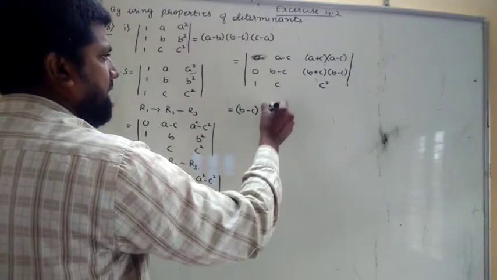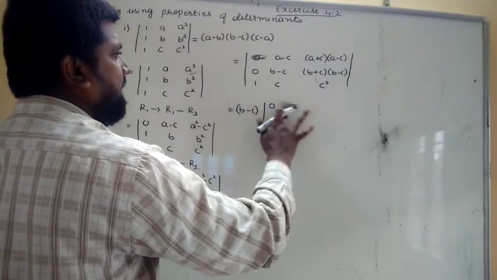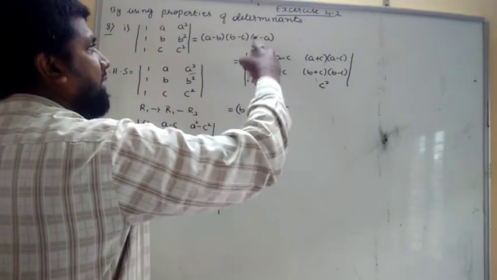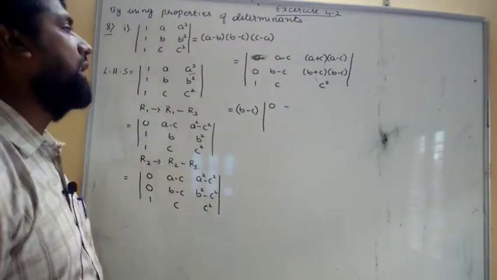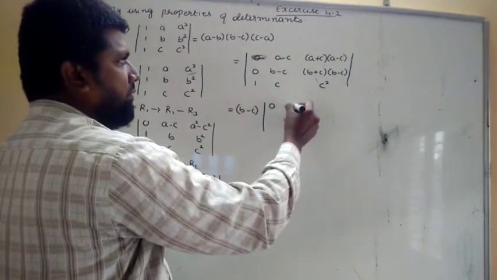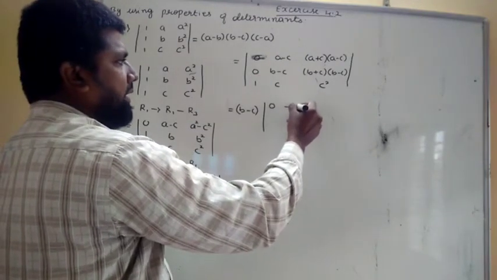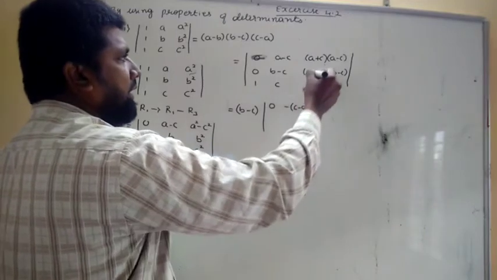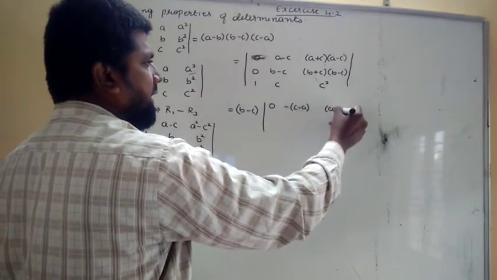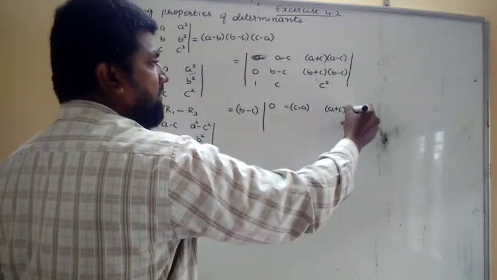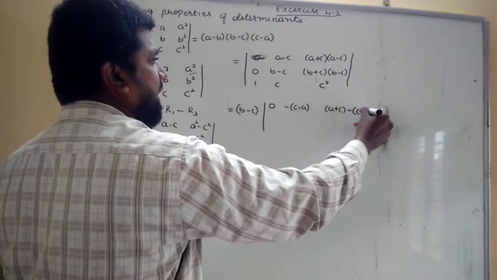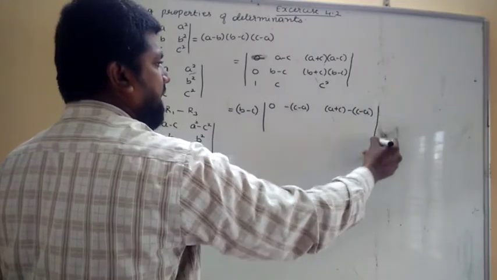Then the remainder is 0, A minus C. Here A minus C we can remove the common, minus means we should get in the RHS C minus A. So here remove minus as common. If you remove the minus as common, you are getting here C minus A. Then write A plus C as it is. In this remove the common as minus, we can write C minus A, C minus A.